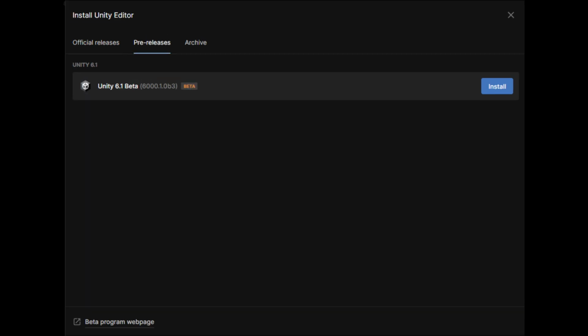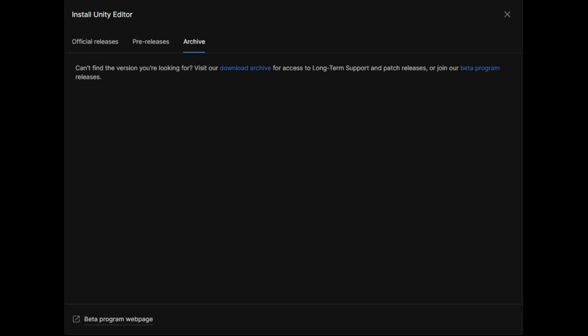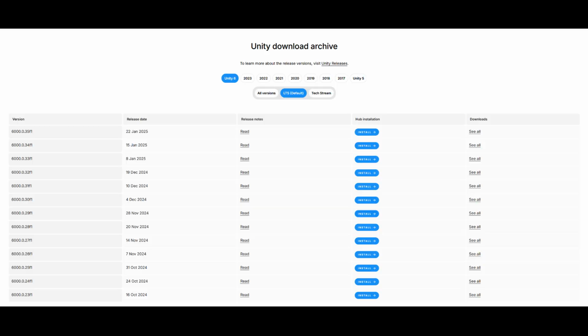In the pre-release tab, we have the almost newest version. I just wait for official releases, but this should be stable enough. The most interesting but empty tab is archive versions, only containing a link to a website with many older engine versions. You can download pretty much any version here. It is useful for older projects, but not for us.